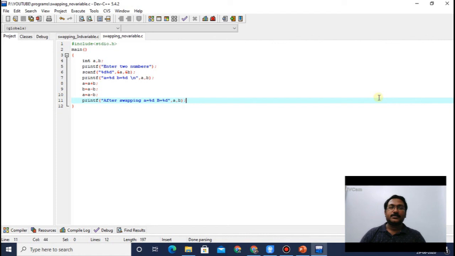Fine. So with this, swapping of two values in two different ways. First way is using a third variable, and second way is without using a third variable. So it is very easy to do this, but you have to remember the logic. If you remember the logic, that means you know the algorithm, then you can convert that logic to your program. Fine. So for this video, just swapping of two numbers. We will see different, new things in our next video.